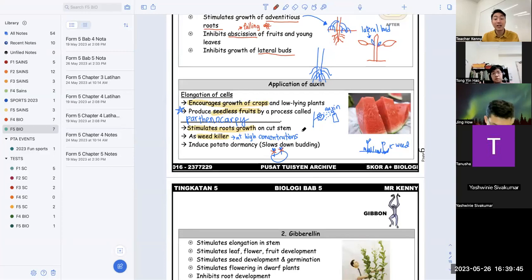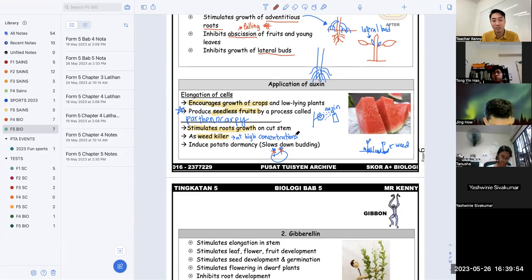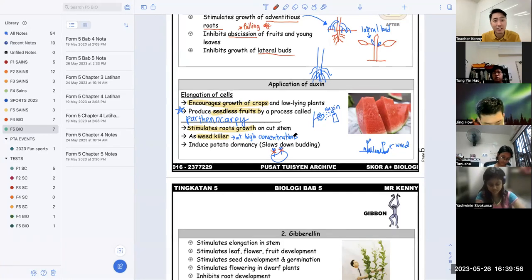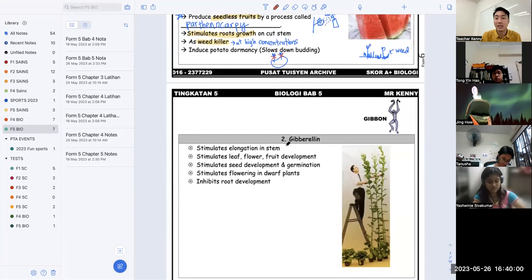If I knew earlier, I could have used auxin to spray on my potato so that it does not bud or slow down. Actually, it grow already. People say, you don't eat already. Best don't eat this potato, throw away or plant it. Okay, now,